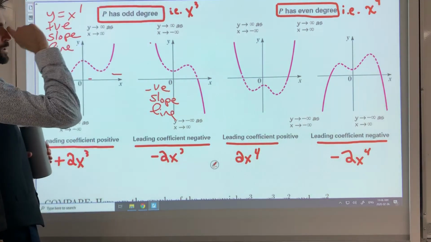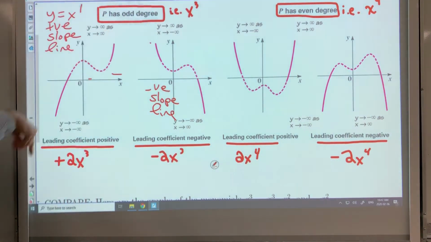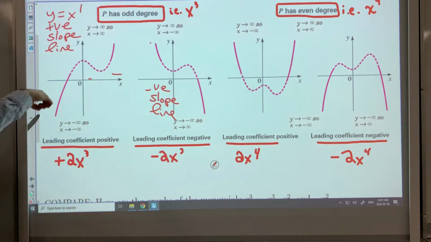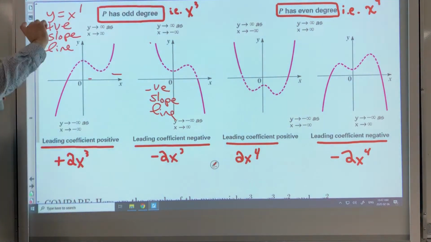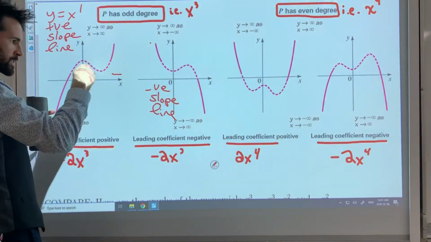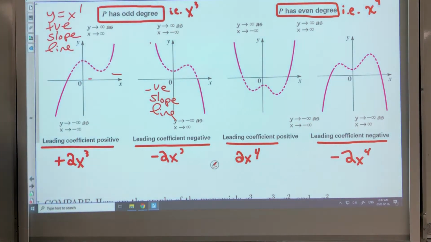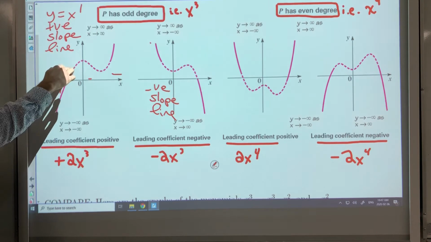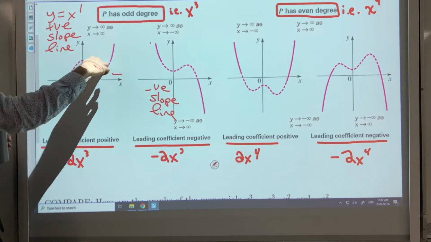So yeah, I should have pointed that out. Odd degree graphs in general have this S kind of shape to them, right? How many times they cross the x-axis is going to depend on all the other numbers. That's why they dotted it, because this is the part that could be different. But in general, it's going to go like this, cross the x-axis, do some stuff, cross the y-axis, end off